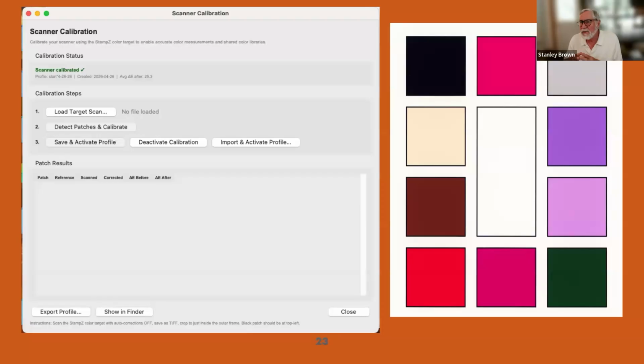Next thing, there is scanner calibration, and this is in the first tab, the same place you would find it for file. This is something I'm working on. It seems to work fairly well. The target that you see at the right is a physical target that I had printed with the idea that I would know what the colors are. I send it to someone, they scan it, they take it into StampZ, they analyze the whole thing, and there's